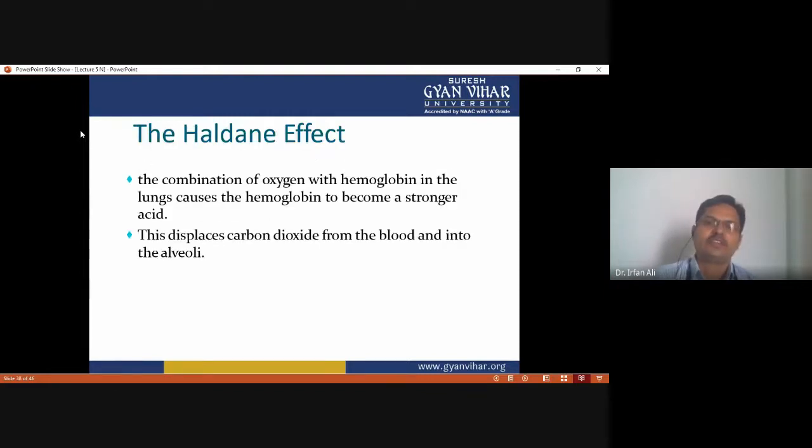and the combination of oxygen with hemoglobin in the lungs causes the hemoglobin to become a stronger acid, and this displaces the carbon dioxide from the blood into the alveoli. Okay, as we know, carbon dioxide diffuses out down the concentration gradient. Okay,